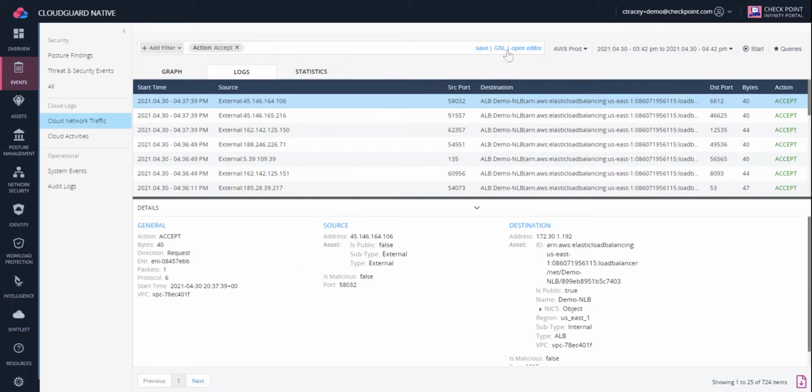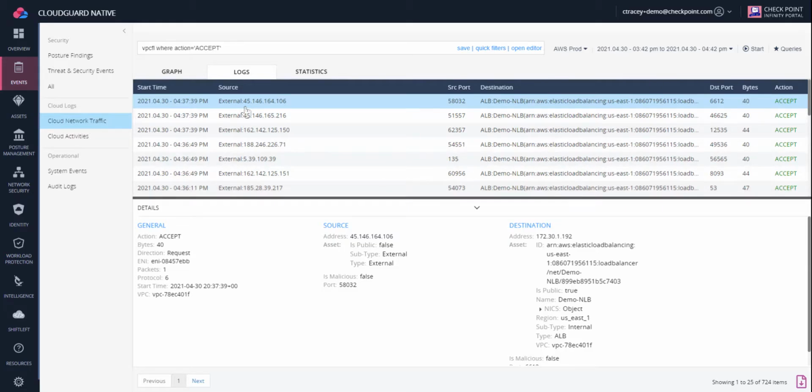But as mentioned, it uses simple queries like you have used in posture findings, specifically that GSL, governance and specification language, that allows you to quickly understand the syntax and be able to add to that syntax either manually or automatically or automagically, as you might expect, as you see in this particular